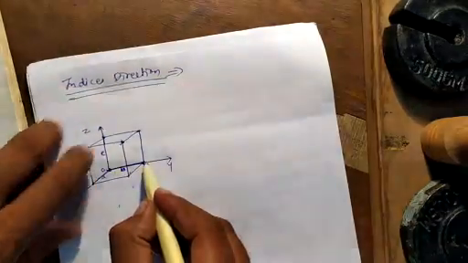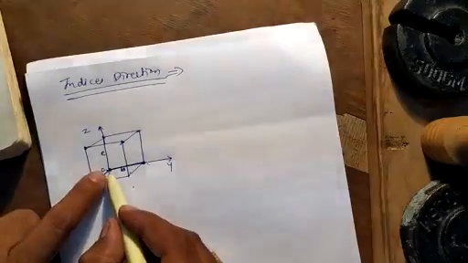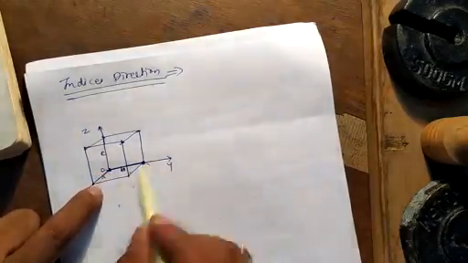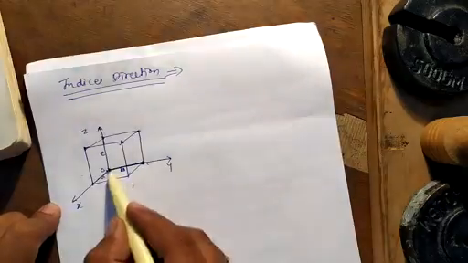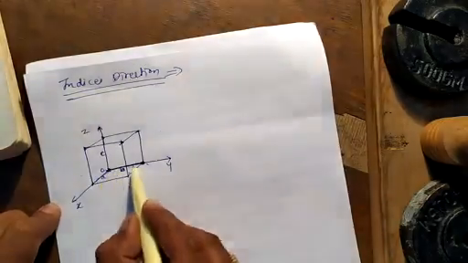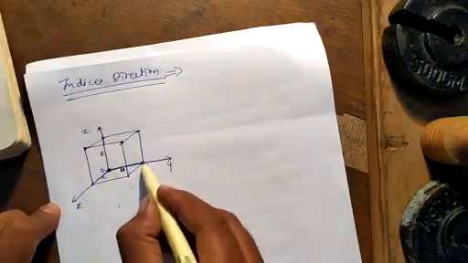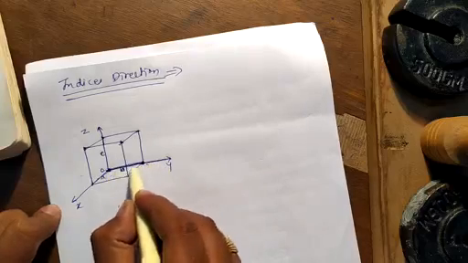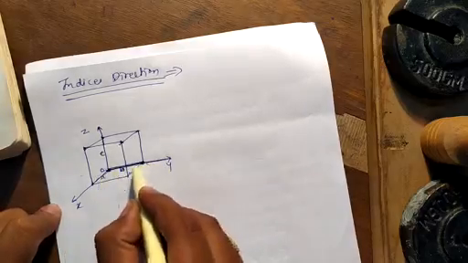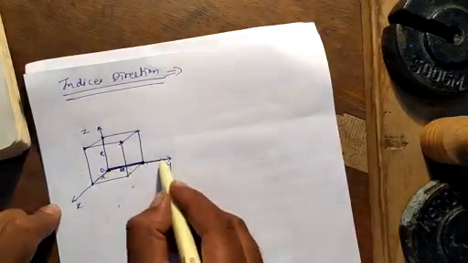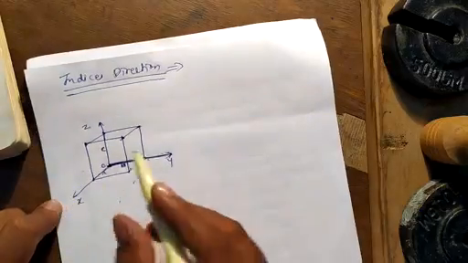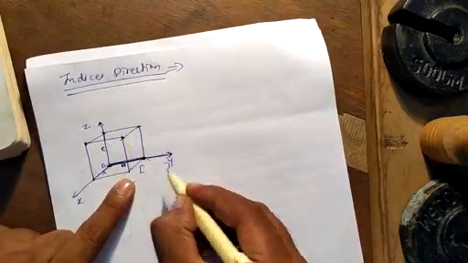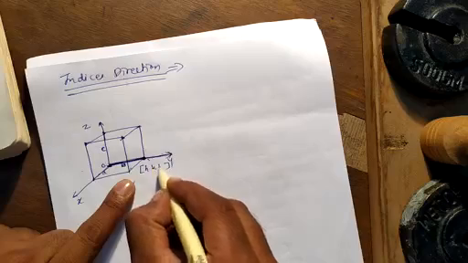Suppose the lattice direction can be defined as the indices of the first lattice point through which the line passes. We are considering the origin here, through which the straight line passes, and this is the first lattice point through which this line passes. Now this represents the indices direction. That is, this direction is represented by a square bracket [h k l].